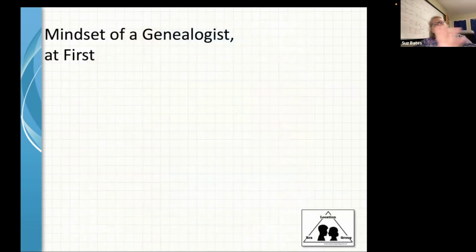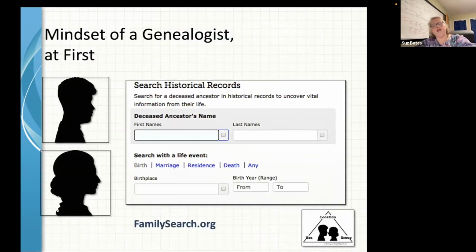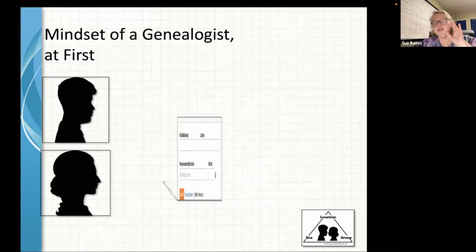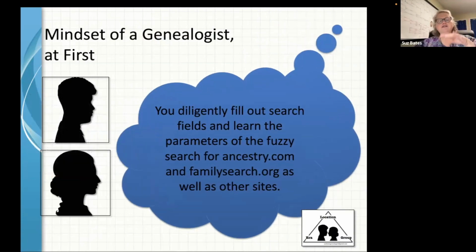So the mindset when you start out as a genealogist at first is you've got your peeps and you're going to go search for your peeps. You're going to put in their first name, their last name, and maybe some information, and you're going to learn how to do it in FamilySearch and in Ancestry. And as you go along, you figure out, oh wait a minute, I need to fill out more on there, some dates, some